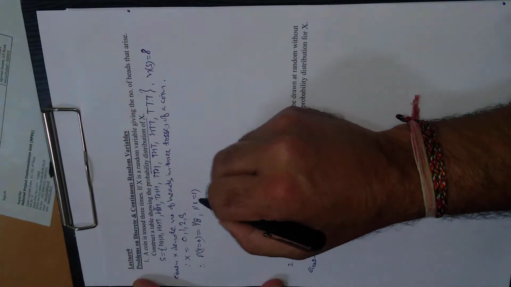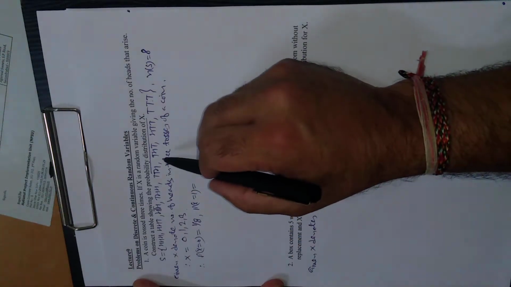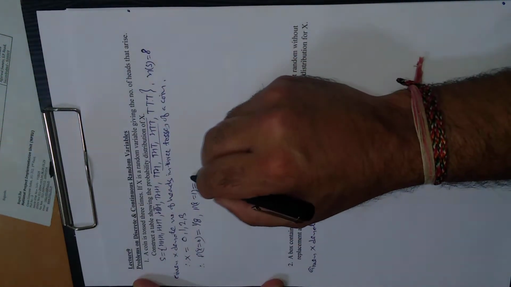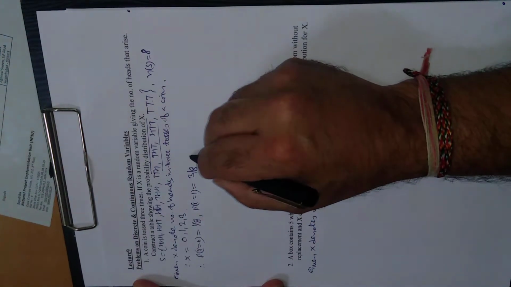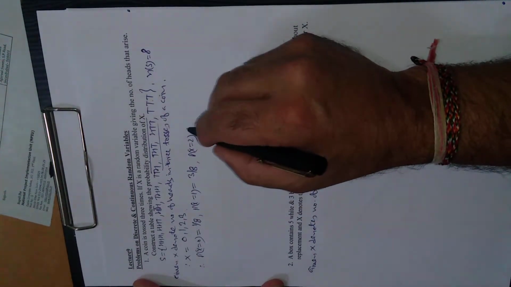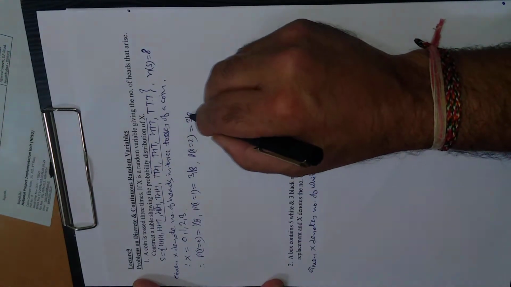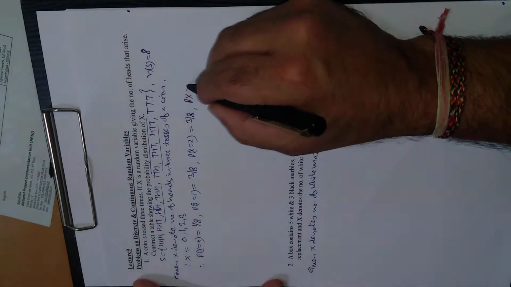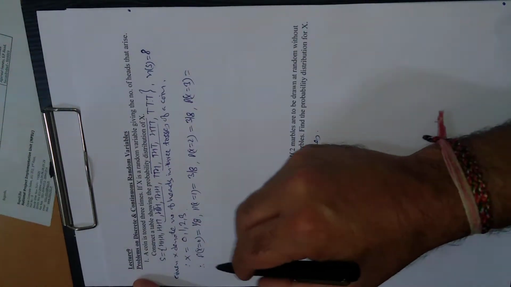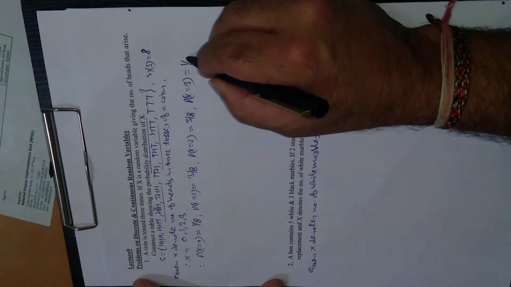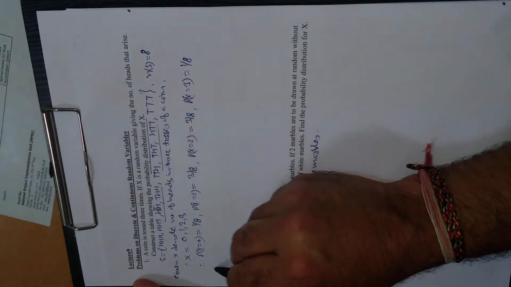X is equal to 1 means one head, there are 3 cases of this type, so favorable outcomes are 3 and total cases are 8. For x equal to 2, the probability of 2 heads, favorable outcomes are 3 and total outcomes are 8. And finally probability x is equal to 3 means exactly 3 heads, so the favorable outcome is 1 and total possible outcomes are 8. So this is simple.